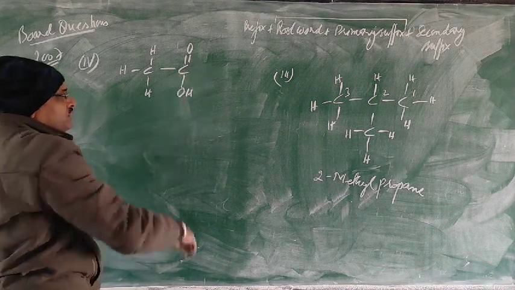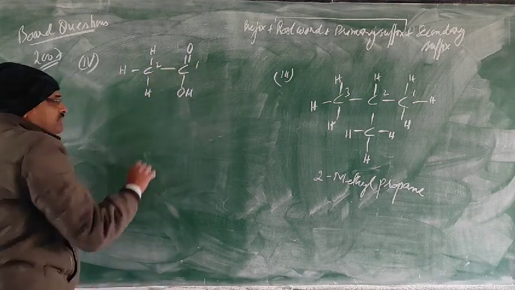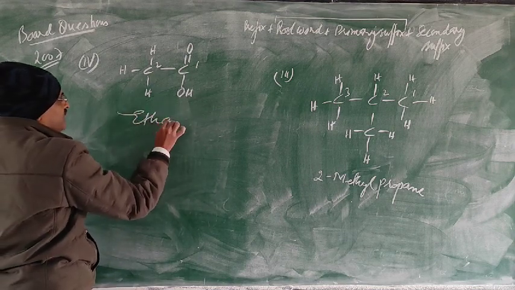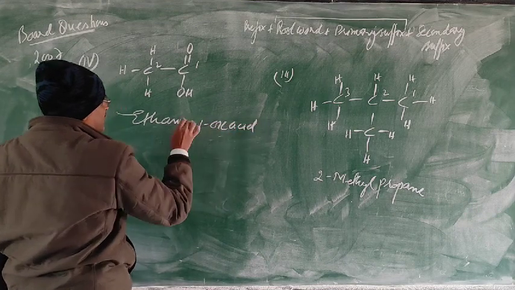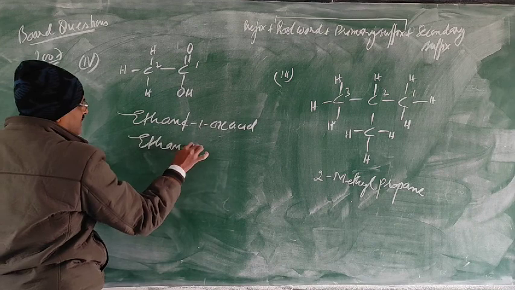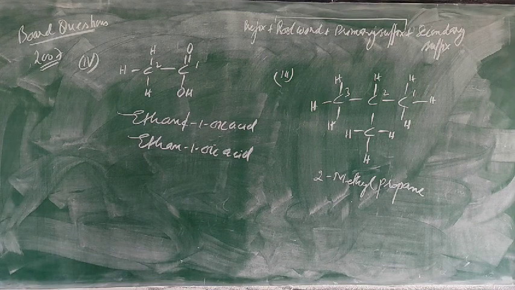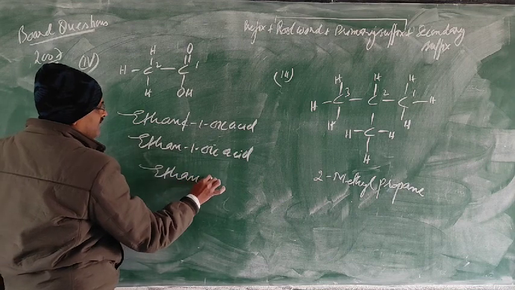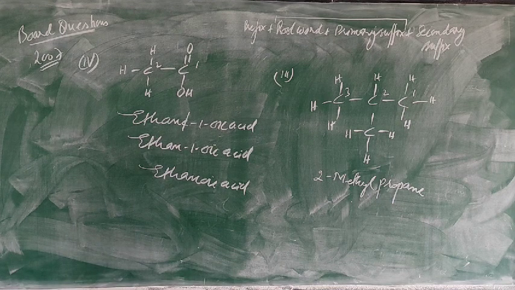So a carboxylic group is there, oic acid. Do the numbering 1, 2. No substituents are there. For 2 carbon atoms, the root word is eth, then for the single bond, ane, then oic acid. Then you can remove the e, so this becomes ethane-1-oic acid. If the functional group is present on the first carbon, we can leave out the number 1. So that will be ethanoic acid. Very important, many times asked in the board paper. So this compound is called ethanoic acid.